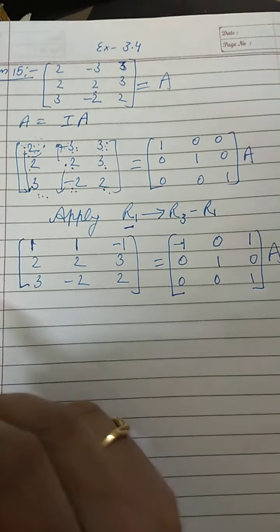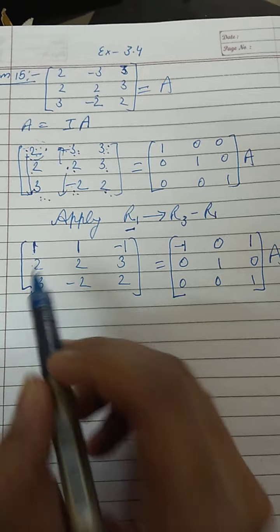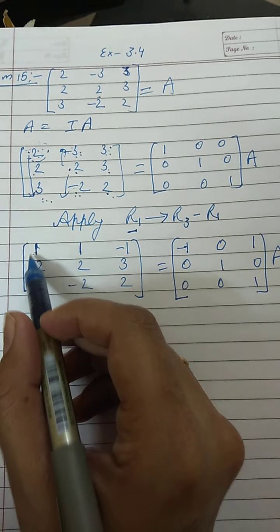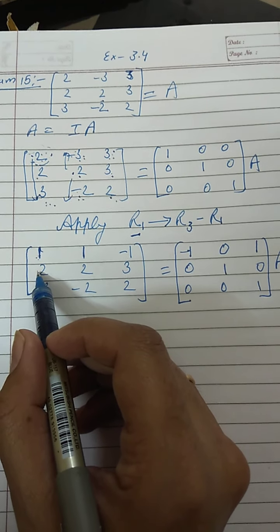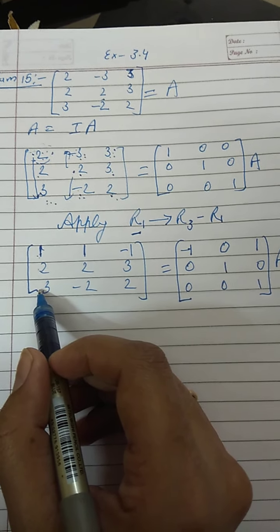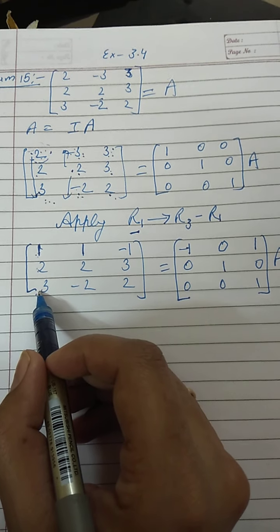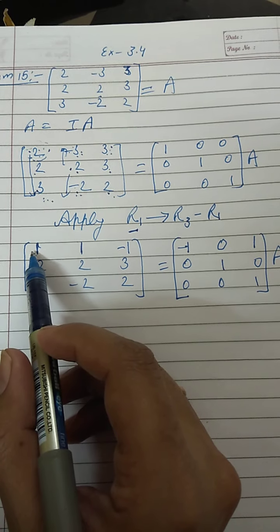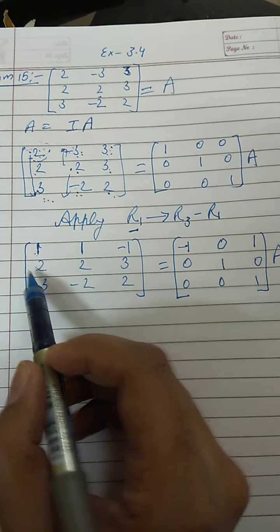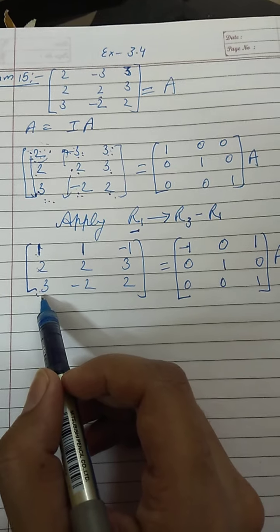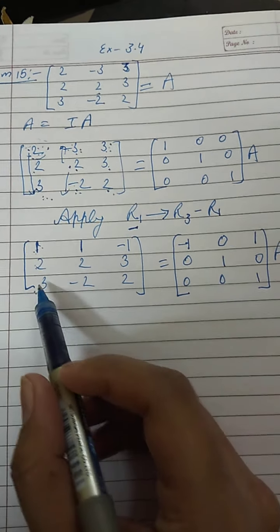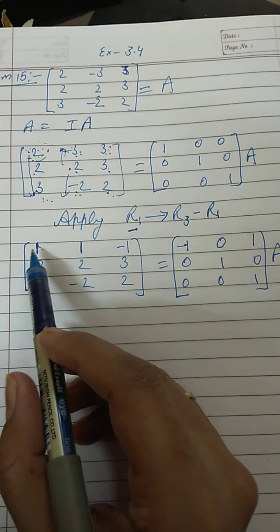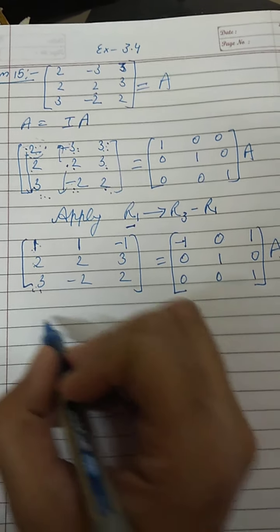Okay, now 1 we have made here, we have to make these two elements now 0. Once the A11 element is 1, with the help of this element we will make the first element of row 2 and the first element of row 3, that means the A21 element and A31 element, 0. How can we do that? If I multiply 1 by 2 and subtract from 2, this 2 will become 0. Similarly 3 minus 3 times of this one will make this element 0. I hope the step is clear. We will use this one to make these two elements 0.